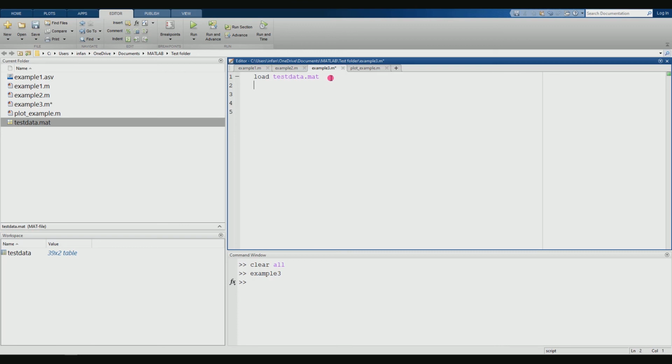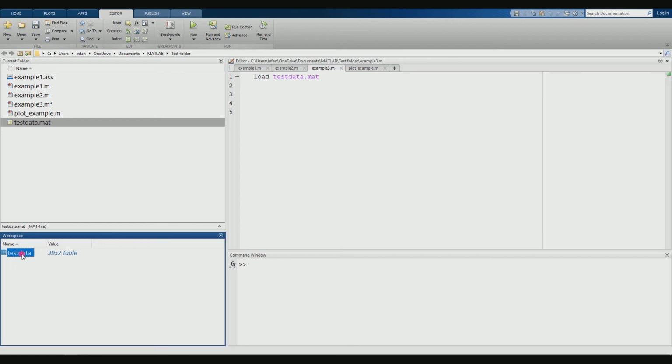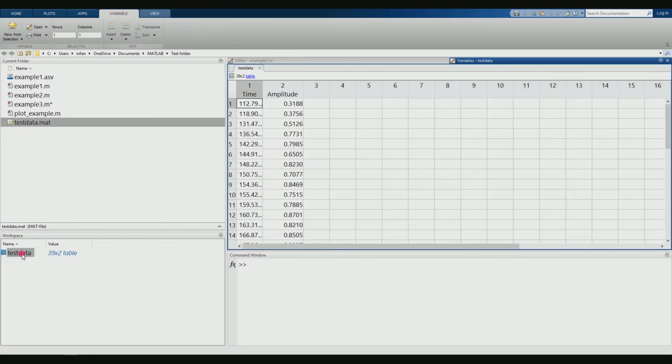Now with the help of this test data variable, let me create a plot. After loading the test data, click on the test data variable from the workspace window. The reason why I want you to open this is you have to be very clear about the name of the variables here.